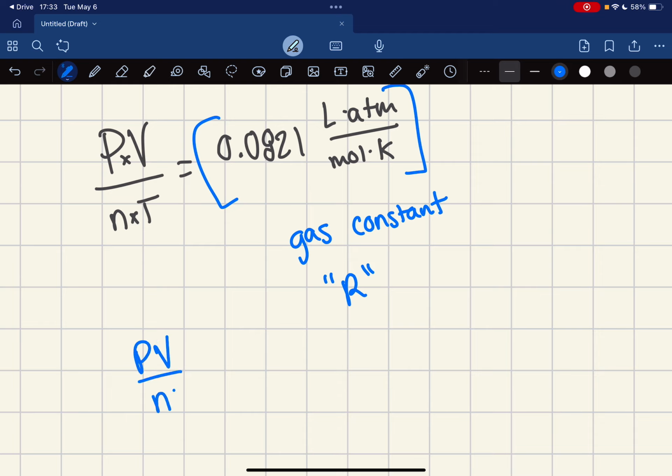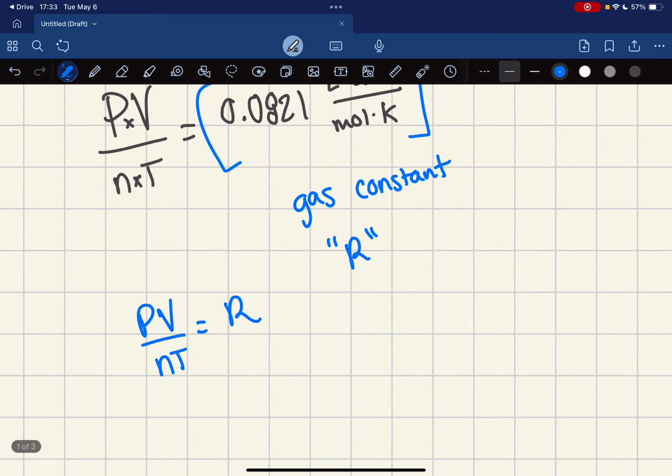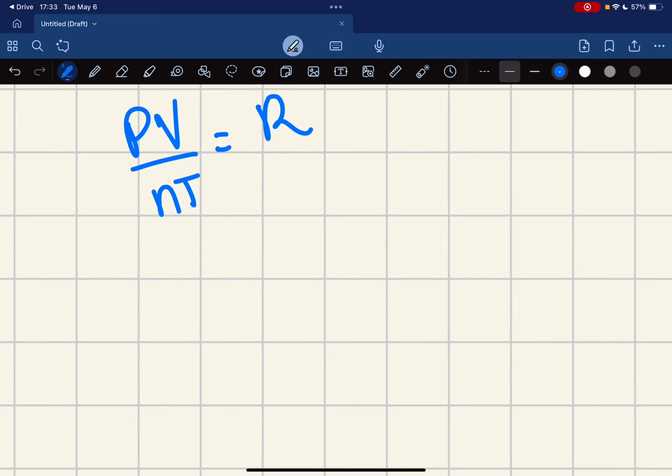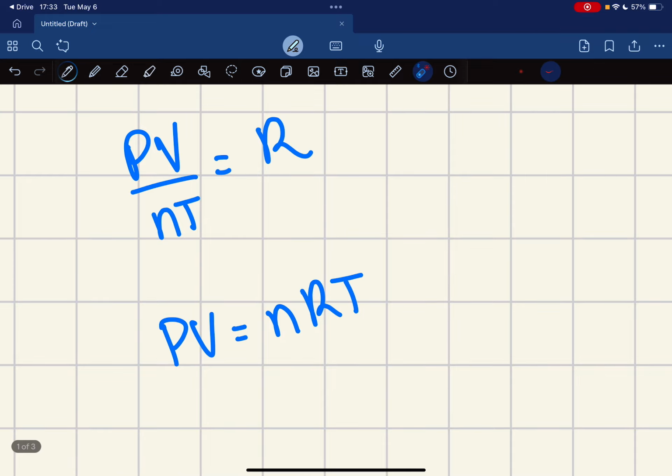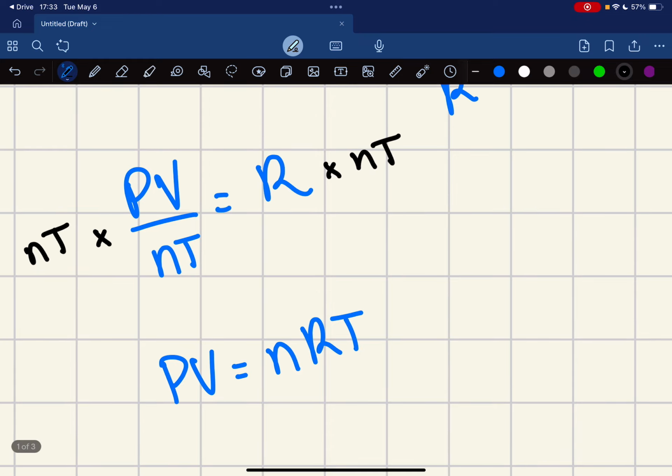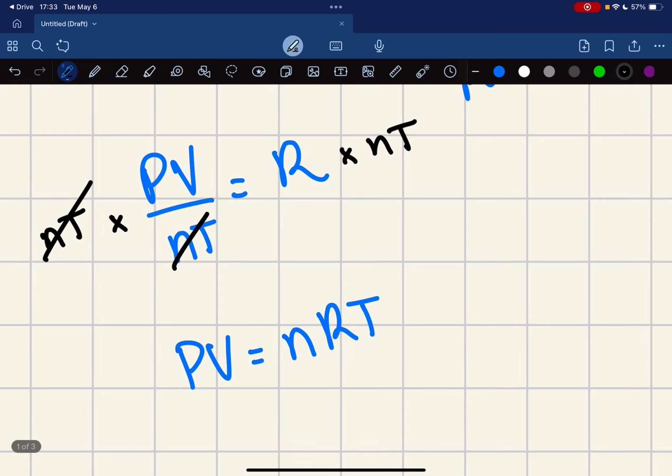So rewriting it a little bit, we can say that P times V divided by N times T is equal to R, and then that can be rearranged into a more familiar PV equals nRT. You can see to get from here to here, all we're doing is multiplying both sides by NT. When we multiply both sides by NT, it cancels from my left and it moves over to my right. So we are left with